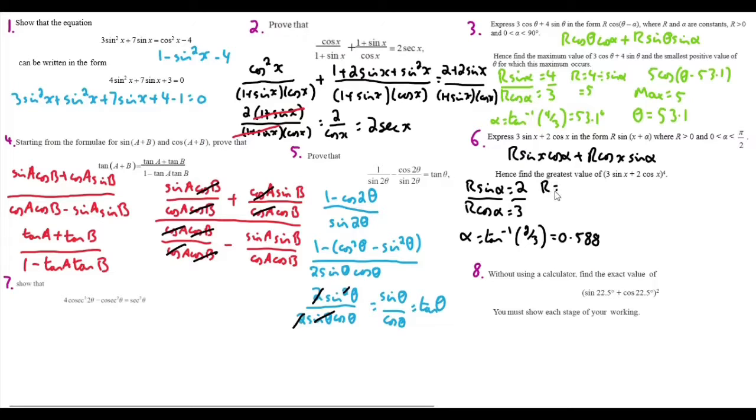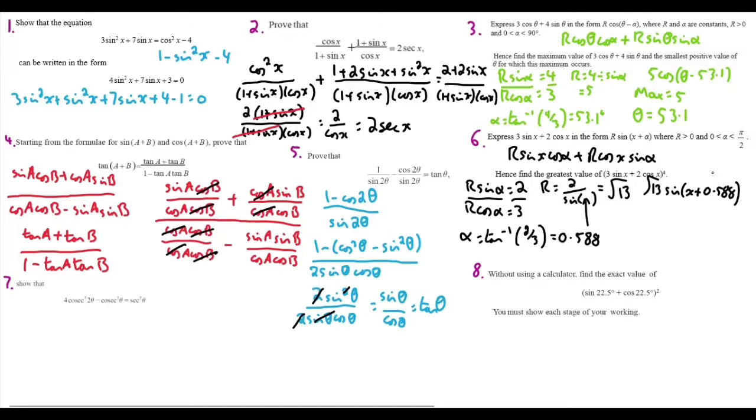So r is going to equal 2 over sine of that 0.588, and that will get you an R value of root 13. Your calculator may well give this to you instead as a decimal, so 3.6 and so on and so on, but for the sake here, I'm just going to give it in a surd form. Therefore, we can give this expression, this 3 sine x plus 2 cos x, in that R form as root 13 sine x plus